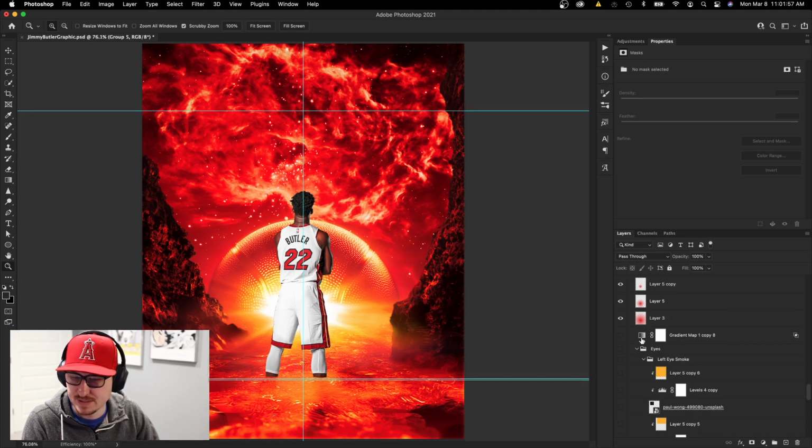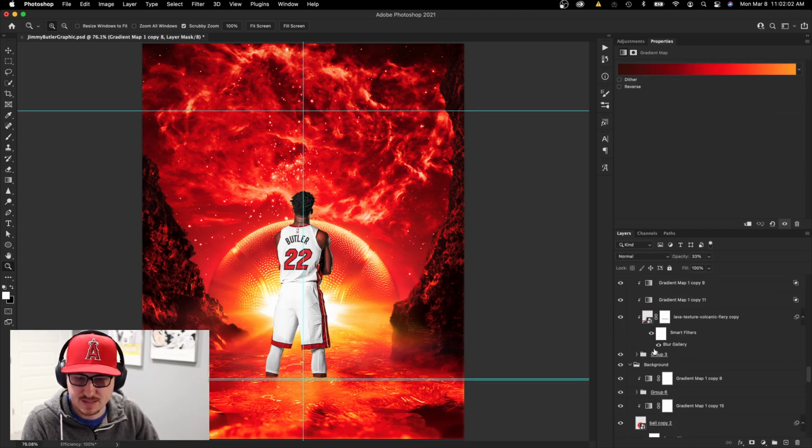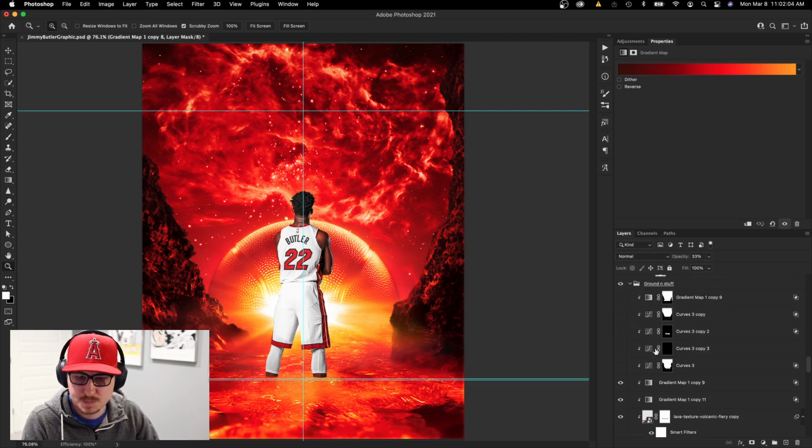Let me see what else we have here. So I've got a gradient map on top of this. Okay, we'll go back to that a little bit later. So since we have this light source here, these layers are then applying that light source, I guess up here. I think that's accidental. So it's applying it to this background area to brighten up this lava down at the